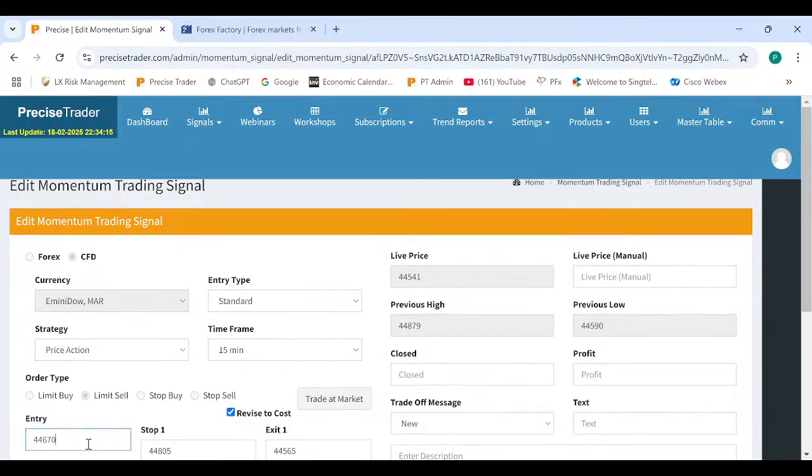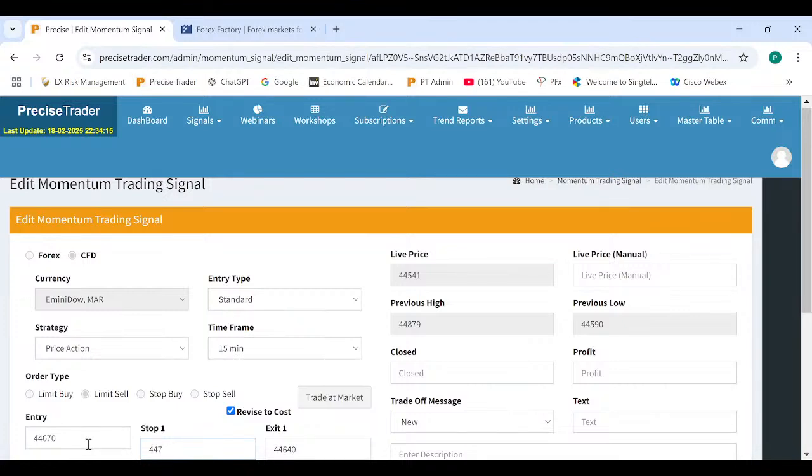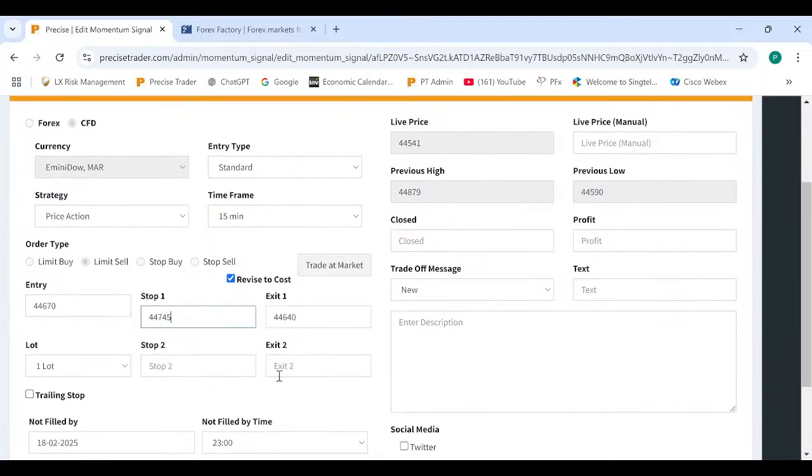670. For this the stop we try to put at 47. Just now I said 45. Okay, 745. No, the earlier one was 760. 760, then it's 785. So then it becomes 110 pips risk. So now I want to reduce this to half lot again, and my TP now I want to lower it to